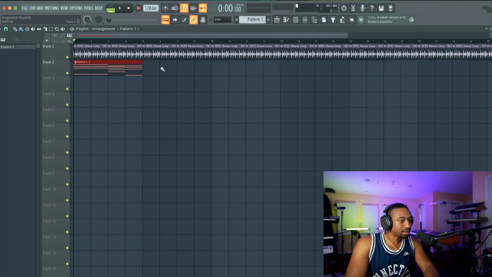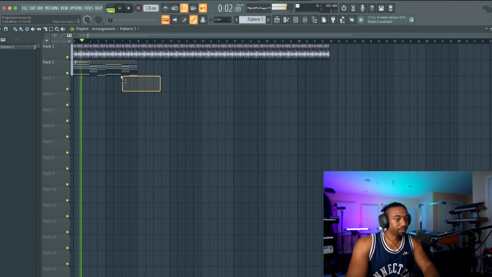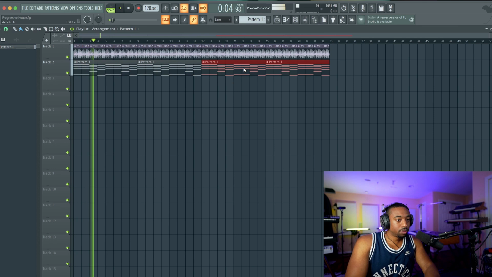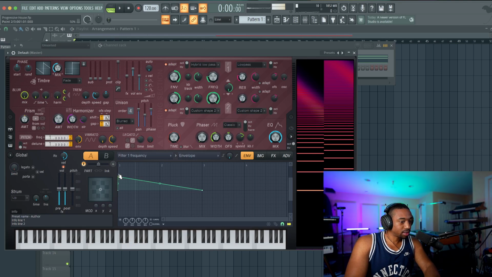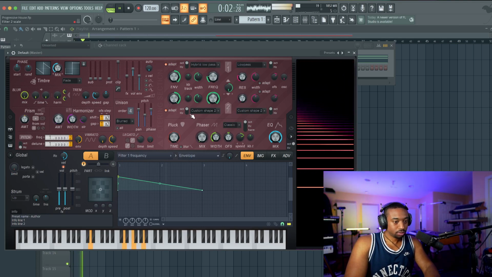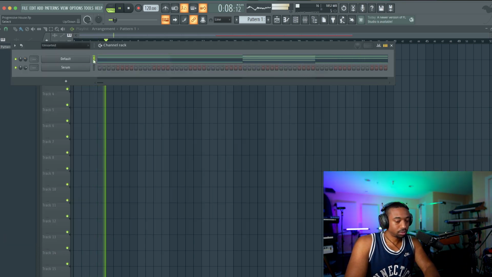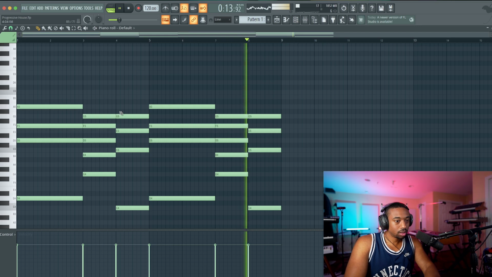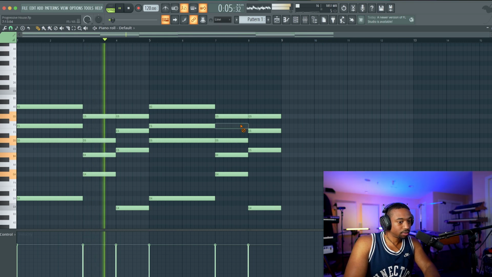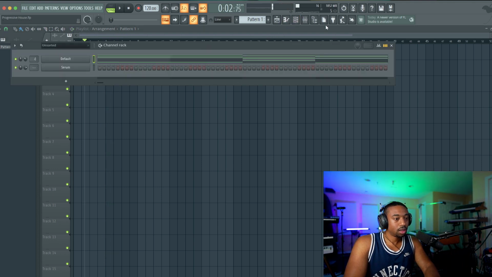Okay, so now we have our basic chord progression. We can add more filtering over time to kind of change that up. Okay, now let's lower the starting frequency so it's not so bright. Let's take one of these notes out, only because we revoiced. Okay, so now we need a kick.